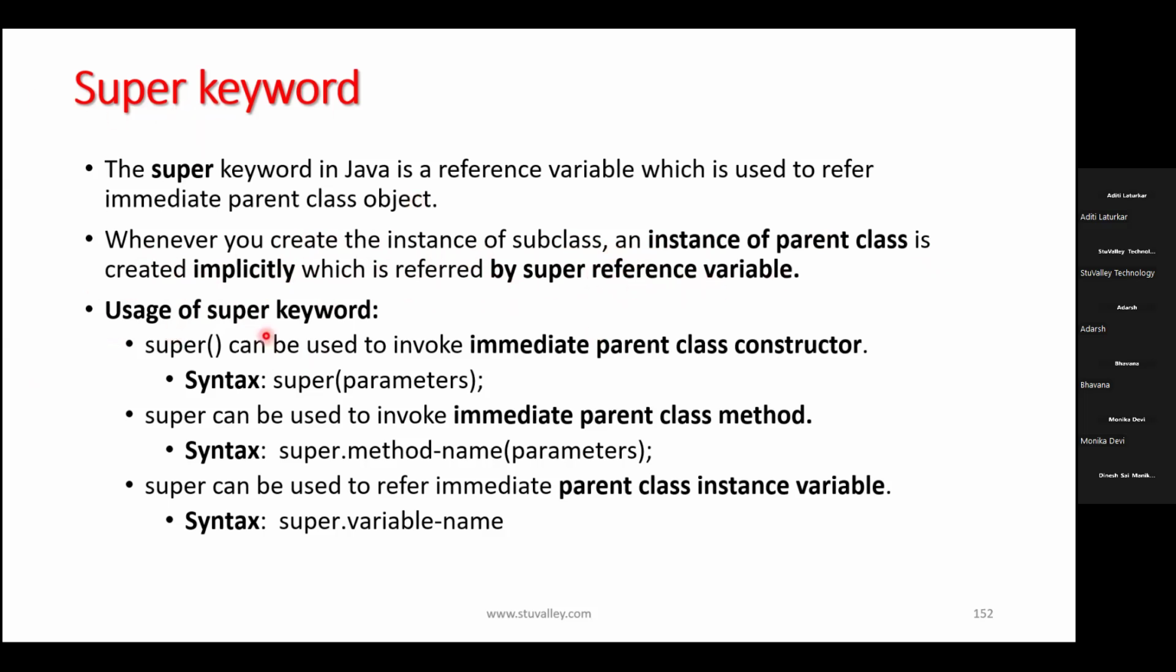What are the different usage of super keyword? Super can be used to invoke immediate parent class constructor, which is automatically generated in our car class. Syntax is this, you can pass the parameters also. Super can be used to invoke immediate parent class methods also. The syntax is super dot method name and parameters if any. Then super can be used to refer immediate parent class instance variables also using super dot variable name. Okay, so these are the different things which you need to understand before going forward with this